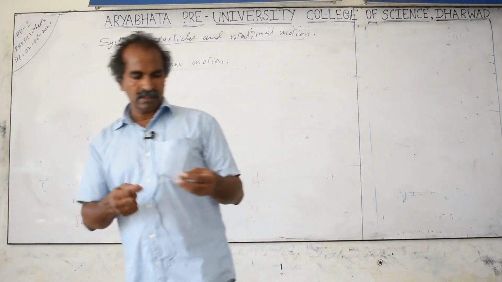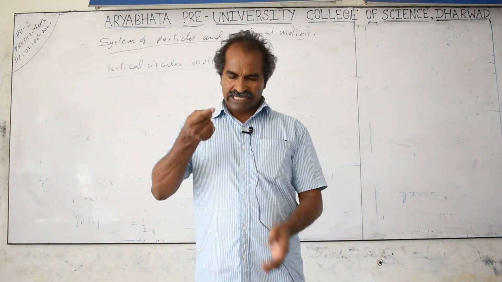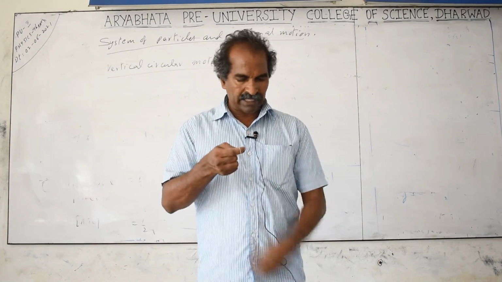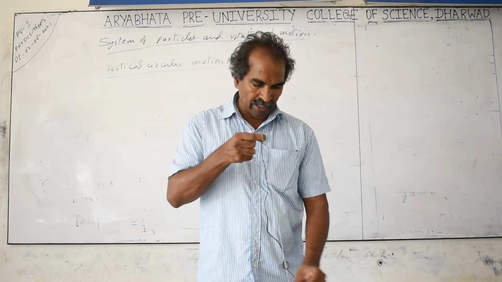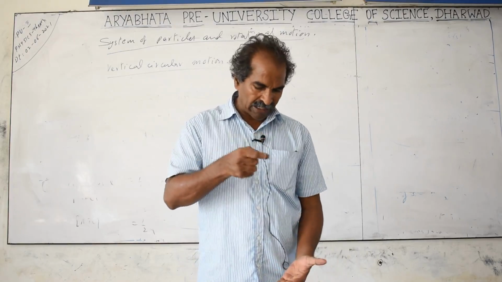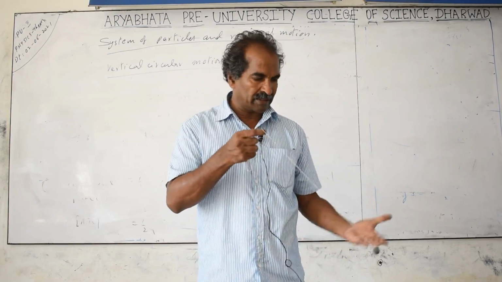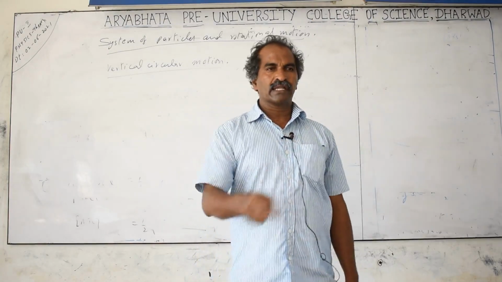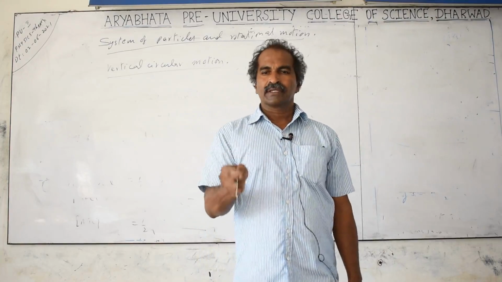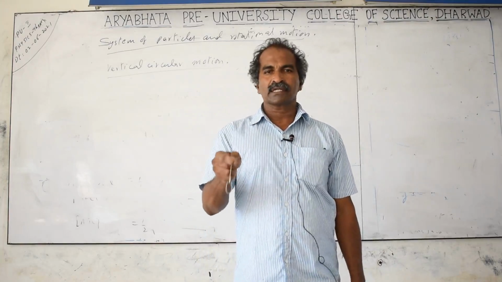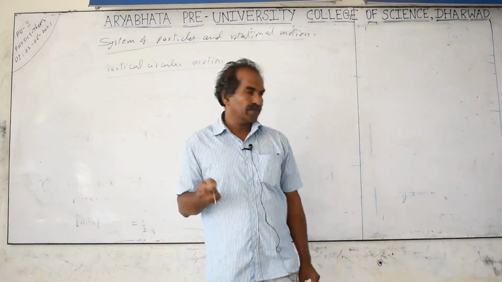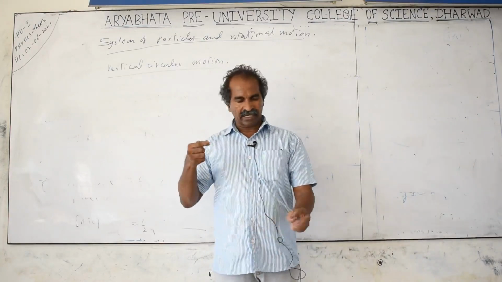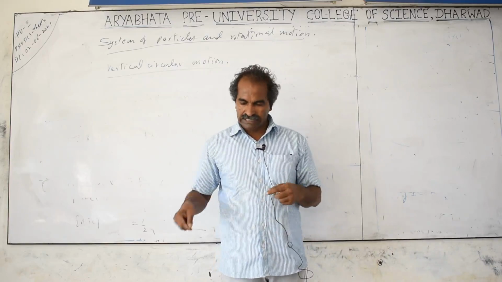If you take this weight suspended from a string, it's like a pendulum. We can take the pendulum as also trying to rotate in a vertical circular motion. For small angles only, we consider it as a simple harmonic motion. If you take large angles, it is trying to move in a circular path. It is unable to complete the vertical circular motion. So if I rotate this like this, it is going up and down. An object going up and down in a circular path is called a vertical circular motion. In the previous cases, if any circle is taken horizontally, parallel to the ground, it is called a horizontal circular motion.